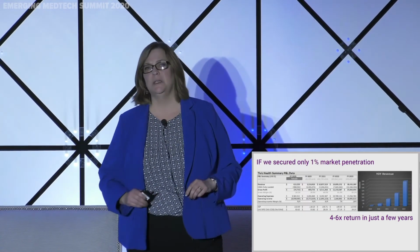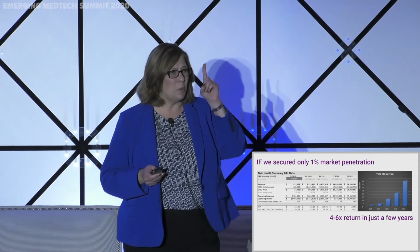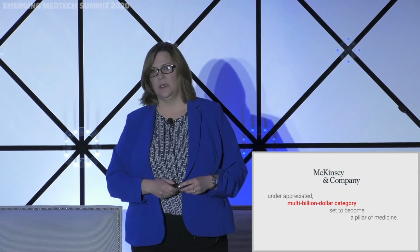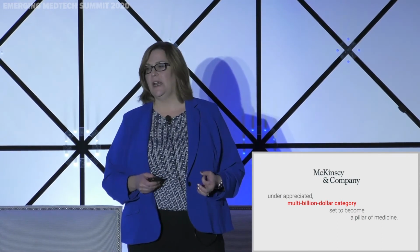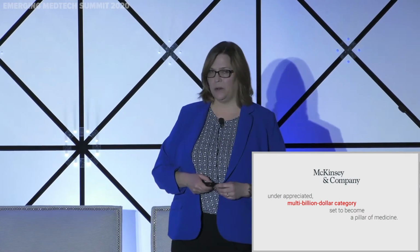Now, if we achieved just 1% market penetration, we're looking comfortably at a 4 to 6x return in just a couple of years. But that's on 1%. And I promise you we intend to do better. But even more important is recognizing that neuromodulation is getting attention in terms of multiples. We're in a category called bioelectronic medicine that is recognized by McKinsey as the most underappreciated multi-billion-dollar category